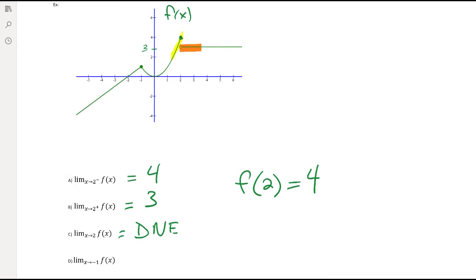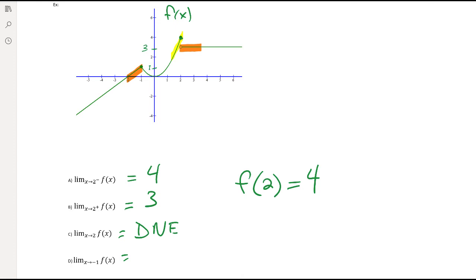All right. And then one more. Part D. Find the limit as x approaches negative 1. So this is a two-sided limit. So what we have to do is analyze this from the left and the right and see if they agree. Well, the limit as x approaches negative 1 from the left, what do you think that limit is going to be? That limit is going to be